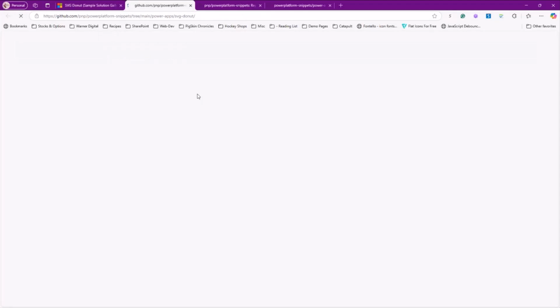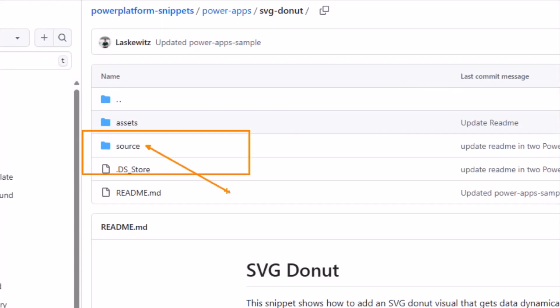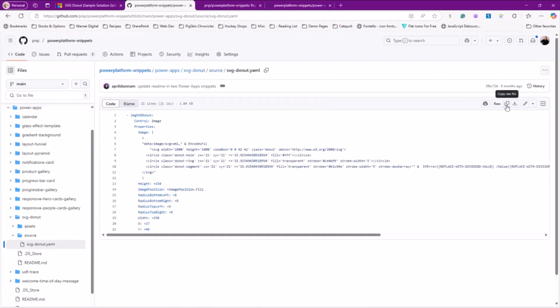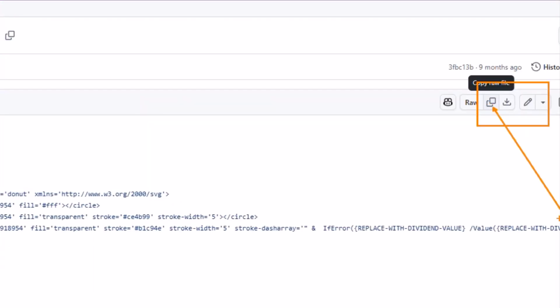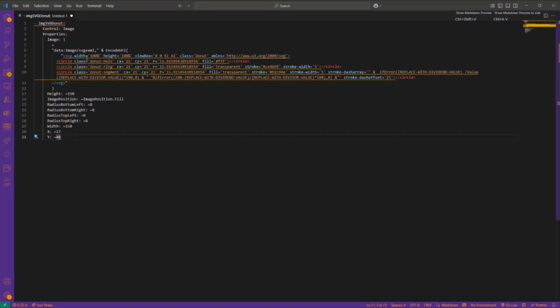I can see it on GitHub if I want. It opens it up. I can go into the actual source for it. And that's where you would get it. And as April showed, you can go in and you can select to copy the raw file. That's just a fancy way of saying, give me a copy of that whole file, right? And when I do that, then I could come over into VS Code and we can use VS Code for something. So here I've got VS Code with that donut file pasted in here. And you can use GitHub Copilot, which is pretty cool.